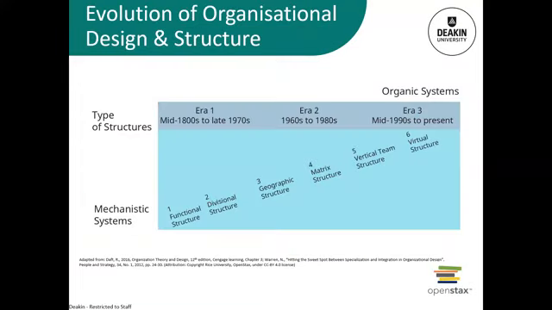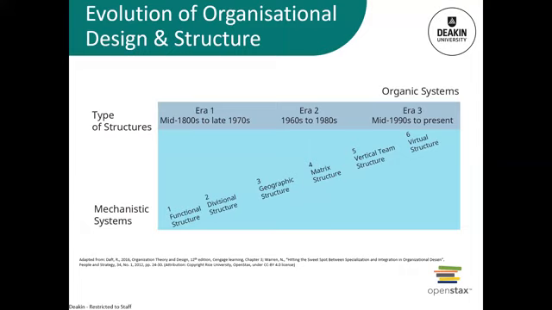So this just highlights some of the evolution of those organisational structural changes. It starts with that functional structure, so that's where you've got all the experts together. And that dominated right up until the late 1970s. This is where organisations were mostly mechanistic and self-contained. They were very hierarchical, and you've got all those functional experts, as I said, working in different departments, such as in banks and big companies.